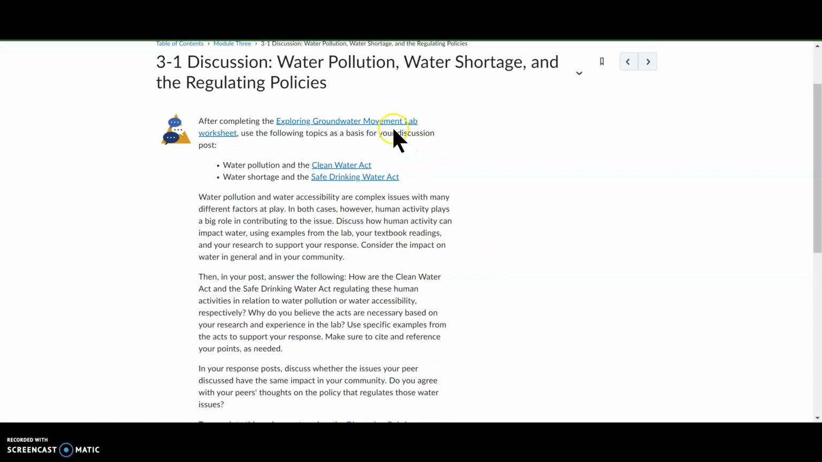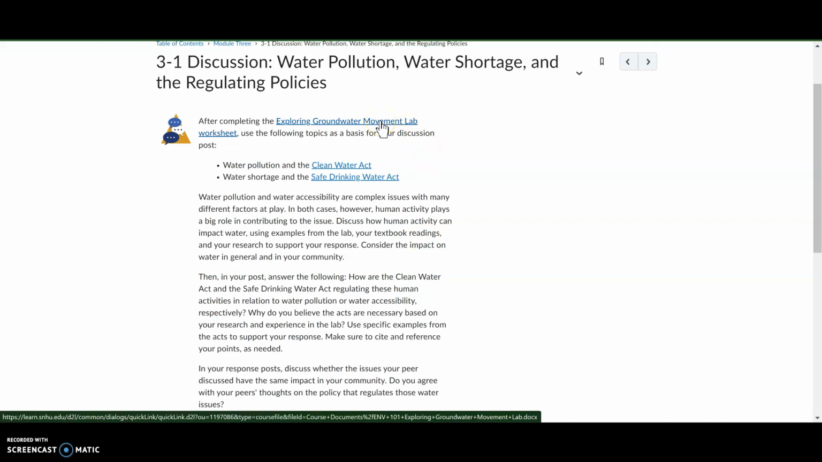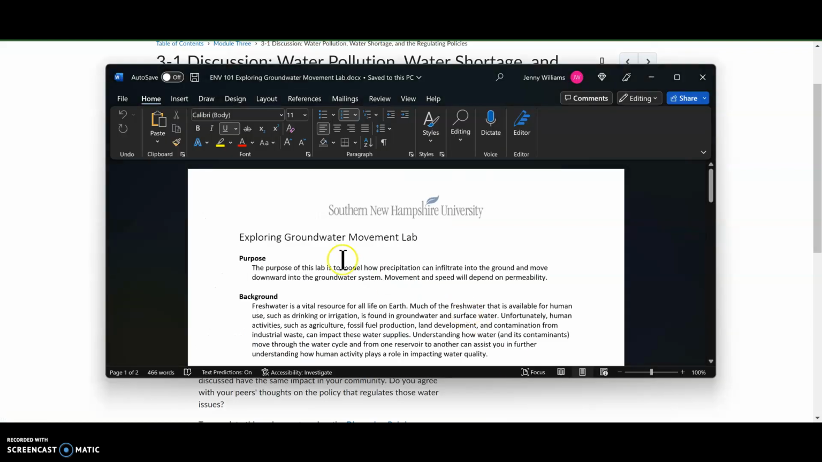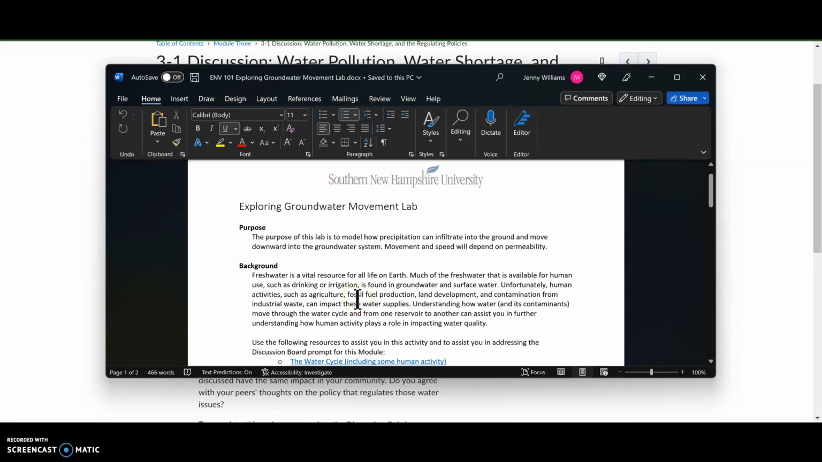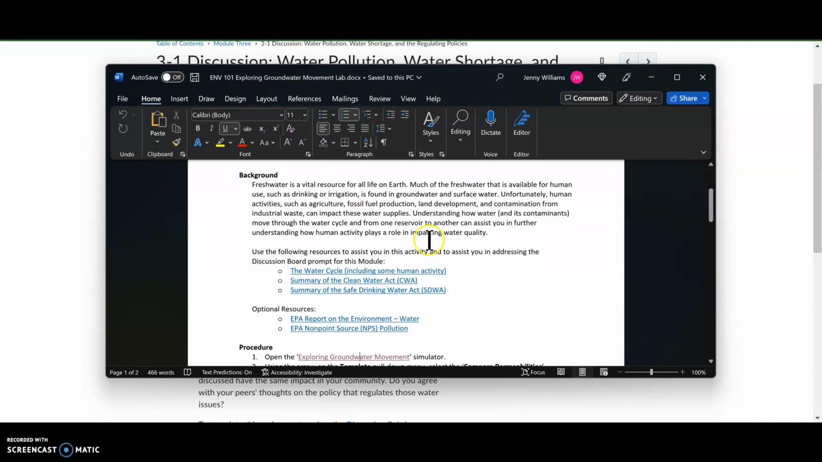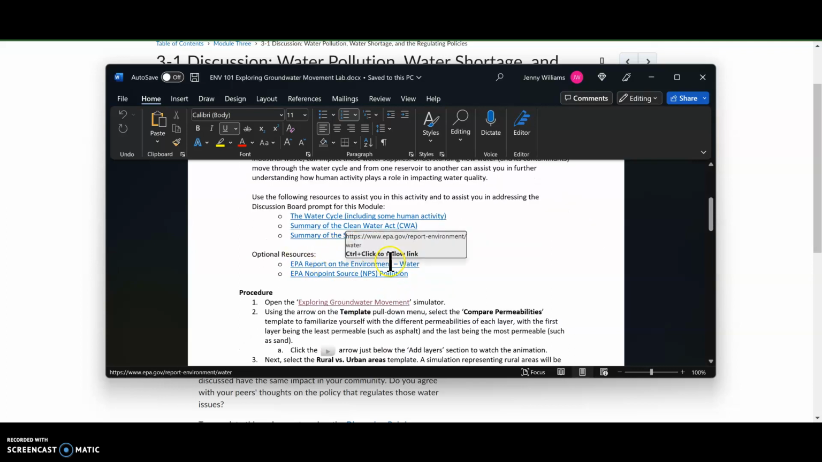So here's the thing. This lab worksheet is not something that you have to submit with this assignment. If we click on this worksheet, it goes to this paper, and it gives you a little bit of background information, and you'll want to review these resources here to help you with the discussion questions. The EPA reports are really good as well, especially the non-point source pollution page, because there's two types of